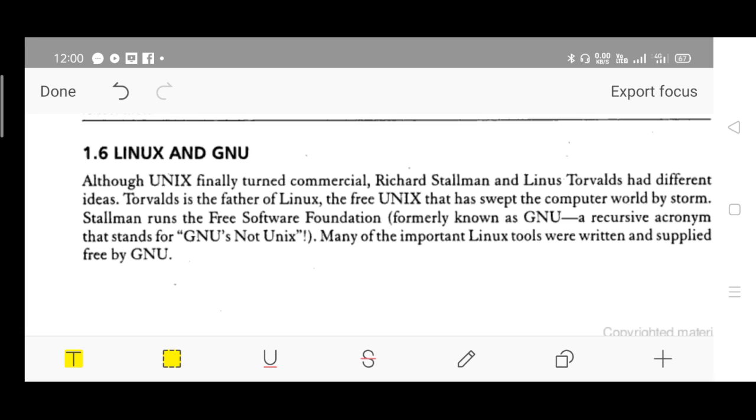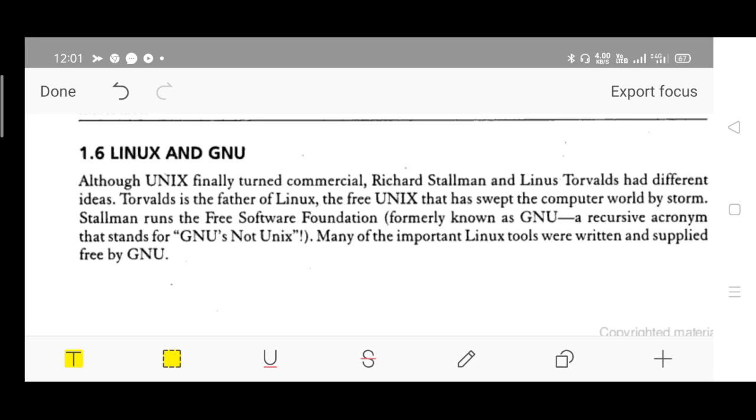The free Unix has swept the computer world by storm. Linux is called the free Unix platform. They ran free software, and formerly the Free Software Foundation, an organization which is formerly known as GNU.